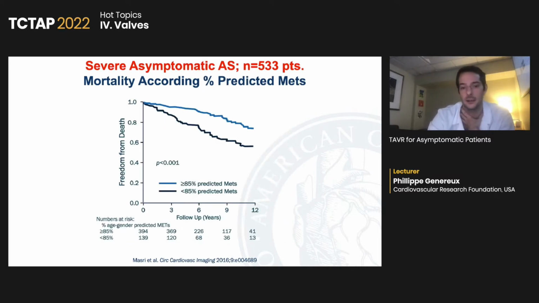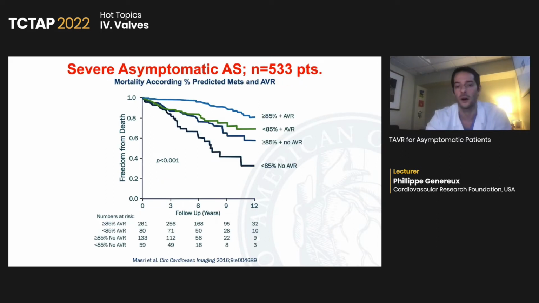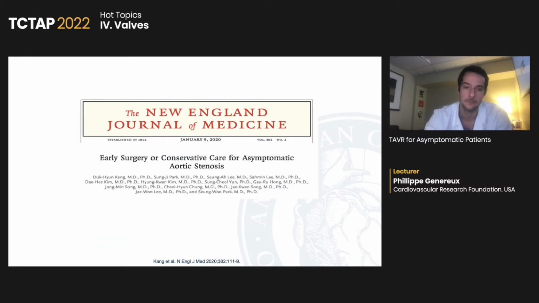And one key important point is when you have an abnormal stress test, when you do less than 85% of predicted METs, you have a poor prognosis. Meaning that if you do a stress test that's positive, you need to treat those patients. And when you look at all that, if you have a negative stress test and you have AVR, this is where you have the best chance of survival compared to if you have a positive stress test and no AVR. So I think those data are important and stress the need to do a stress test and maybe to intervene earlier. There are 2 recent studies actually